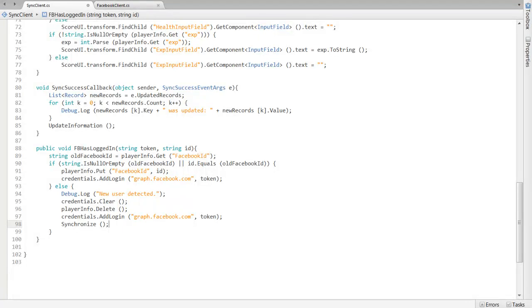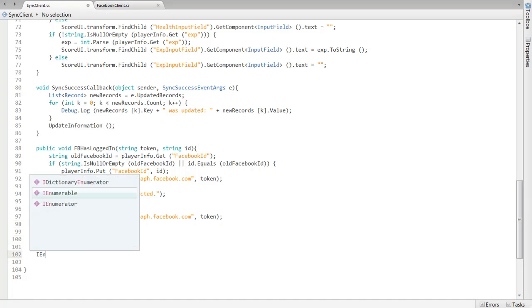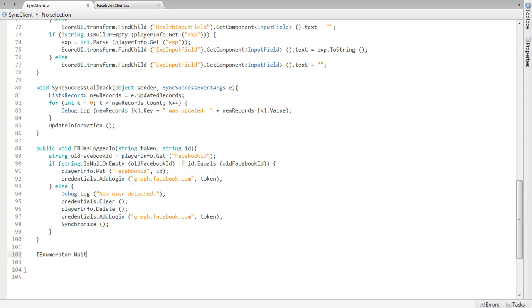And once the synchronization is over, we want to add in our player info dataset the Facebook ID. We can't add it before the synchronization because it needs to do a synchronization just to make the change of identity. So what we're going to do is write a coroutine which is going to wait for the end of synchronization and which is going to need to have the ID, the Facebook ID that we want to add in our